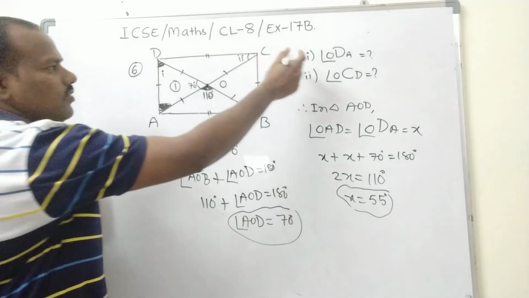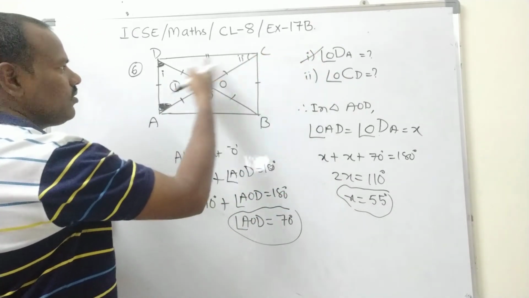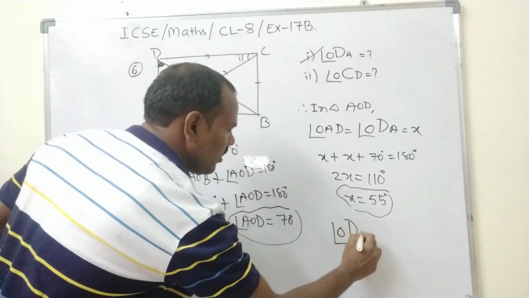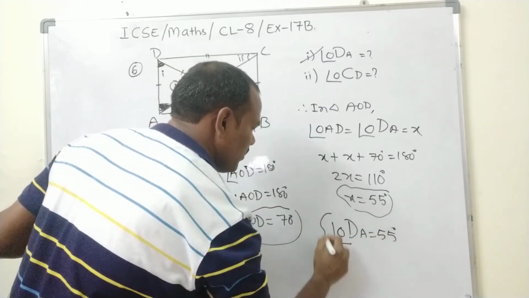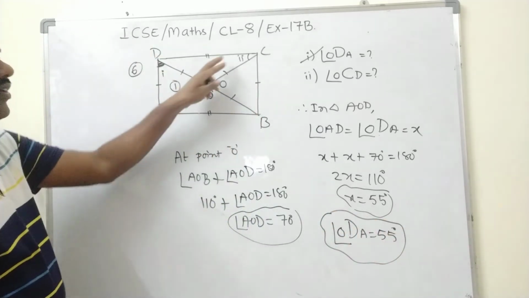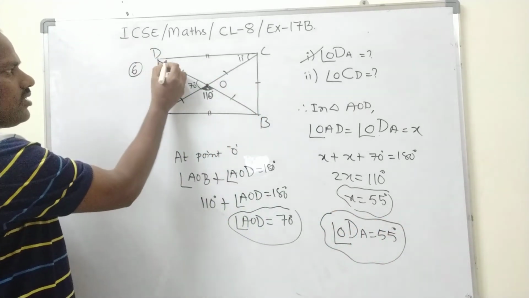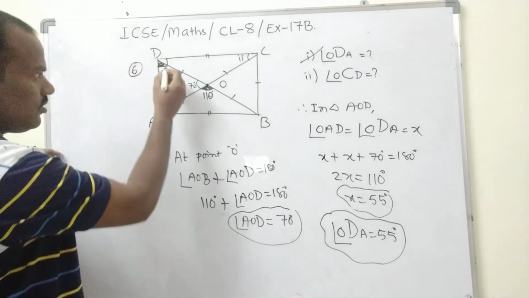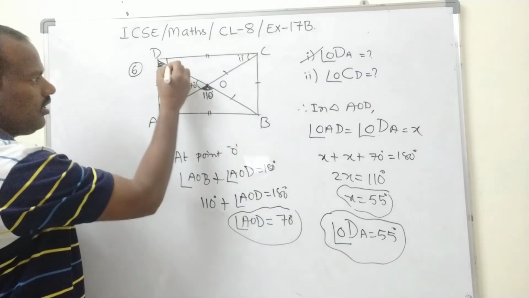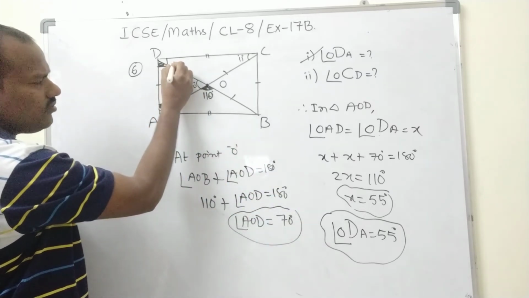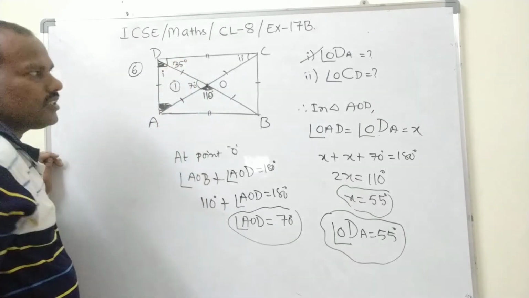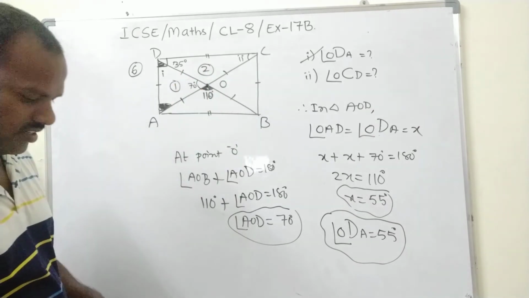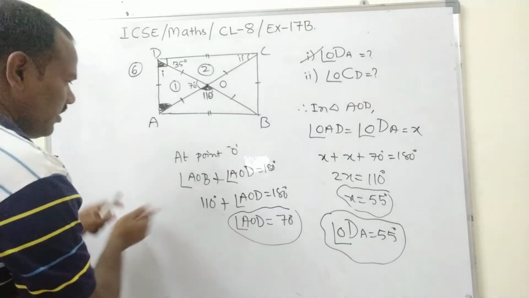So already the first one we calculated just now. So x equals 55 means this also is 55. So therefore angle ODA is equal to 55 degrees. Completed, finished. Next again we need to calculate. At vertex D, this is a right angle, no? In a rectangle, each angle is 90. So therefore this will be 90 minus 55, equal to how much? 35 degrees, right? Yes or no? If it is 35, this is also 35, because again the triangle becomes an isosceles triangle. Okay? So that is what I am going to write here.